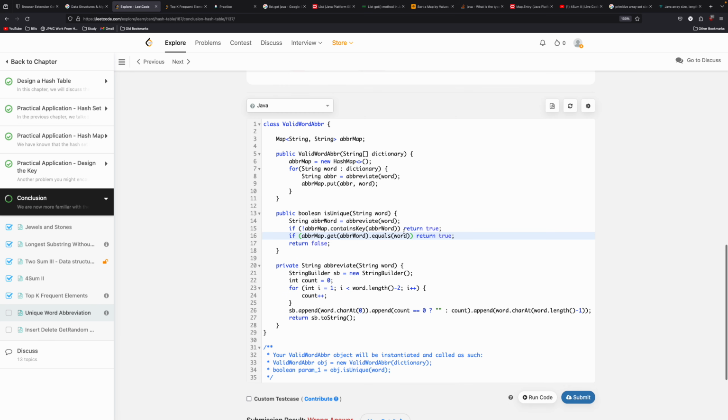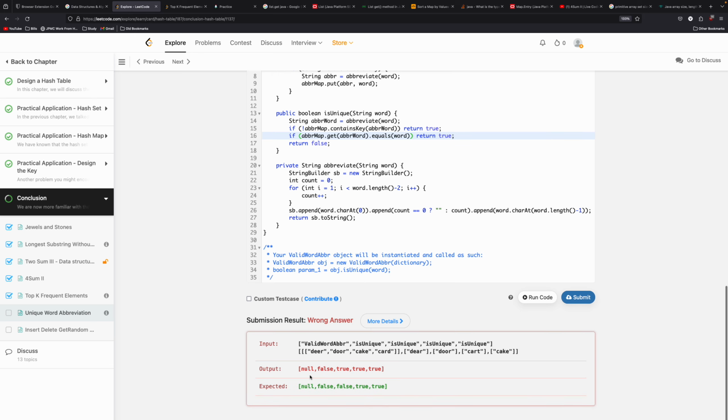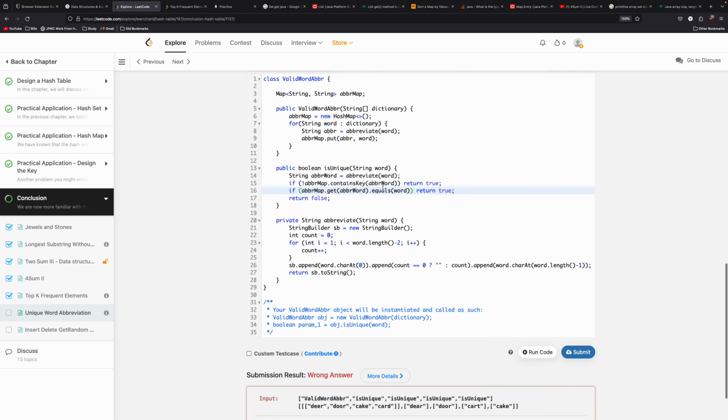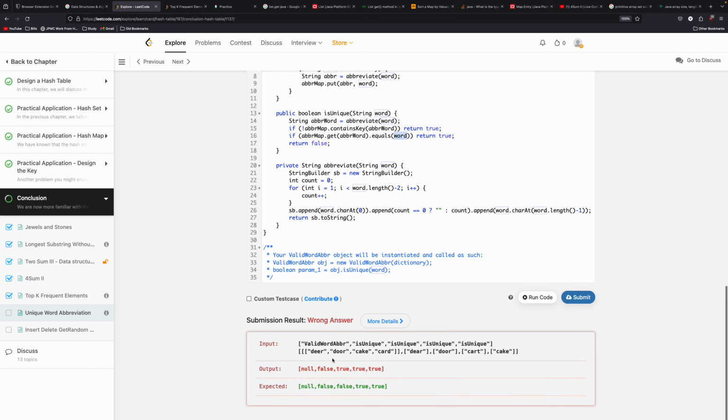That double equals is not right because, okay, we'll check this, but double equals is not right here because this double equals is a reference to the object. This dot equals checks the value of the word. Okay, so what's wrong here? So we have deer, door, cake, cart. Deer false. Door true. Why